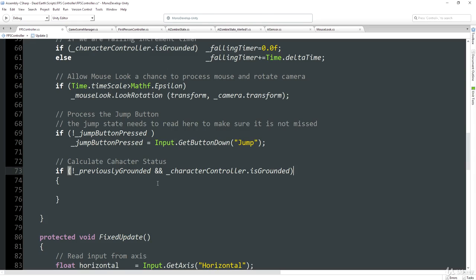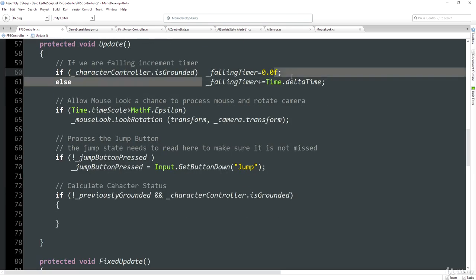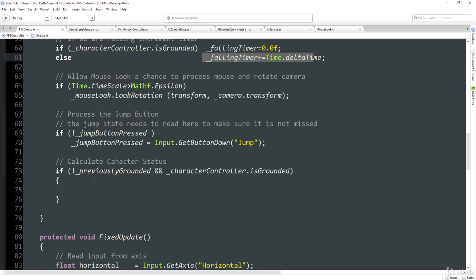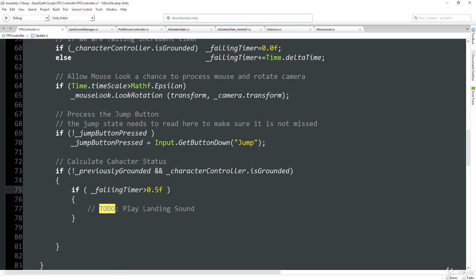But I'm not going to focus on sounds in this lesson, okay? So we're just going to put the placeholder code and comments in there for that. But we may also invoke a landing animation, and we'll probably add a landing kind of head bob later on down the road as well. But I also said earlier on that I don't want this code block to be triggered prematurely if we've only fallen a very short distance. So what I do, because we're keeping track of the amount of time that we're not grounded, the amount of time that we're falling, I also say only step into this code if the falling timer is larger than half